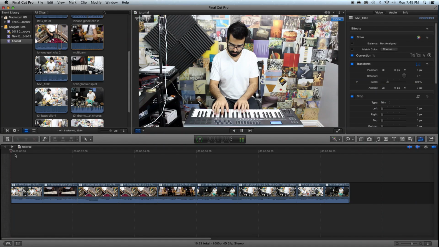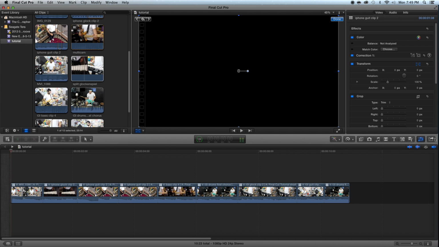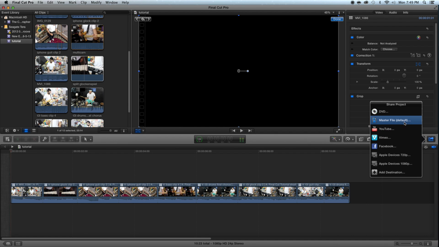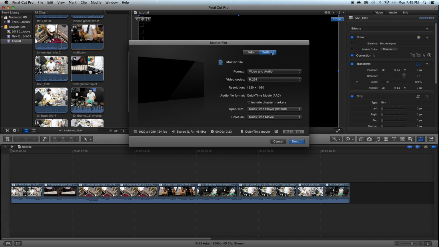And now that it's actually playing in high definition, now we're gonna click right here and click on Master File. Okay, you're gonna go to Settings, and so Format, Video and Audio, Video Codec. If you're gonna be uploading it to YouTube, I would just select H.264. It's very compatible. It's not huge. See, this file right here is gonna be 26 megabytes. If I use like ProRes, 170 megabytes for this little like 11-second clip or whatever. So just H.264,